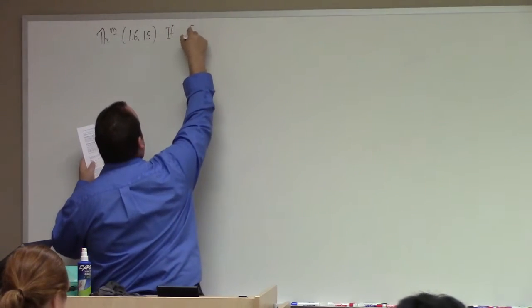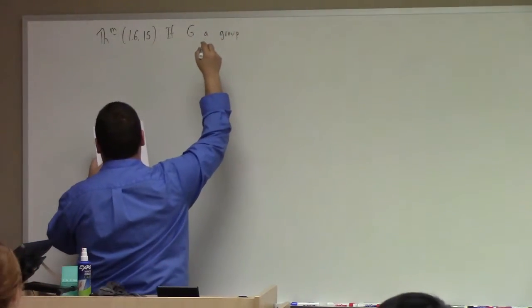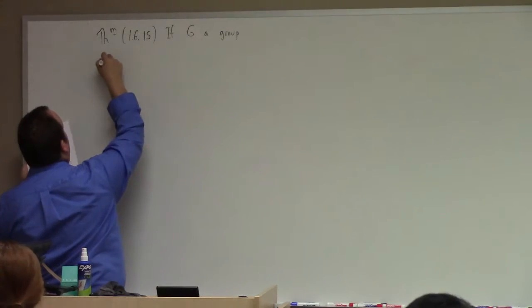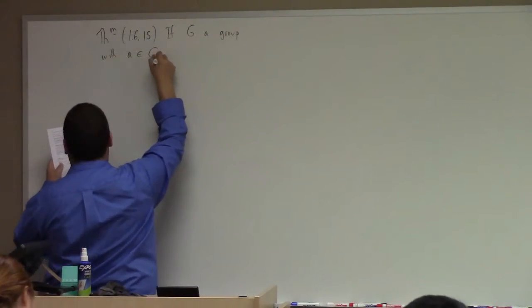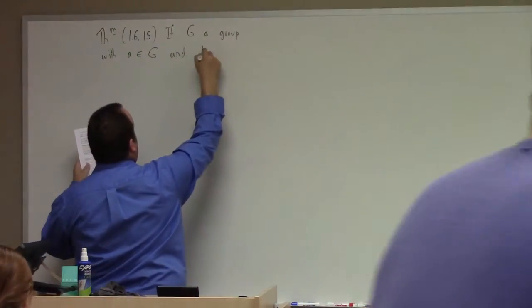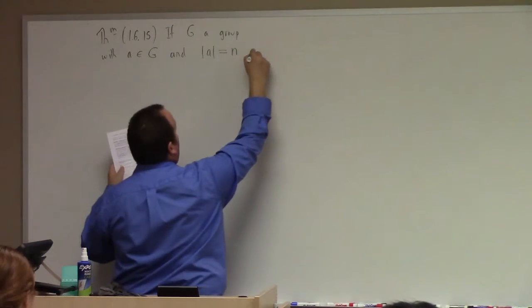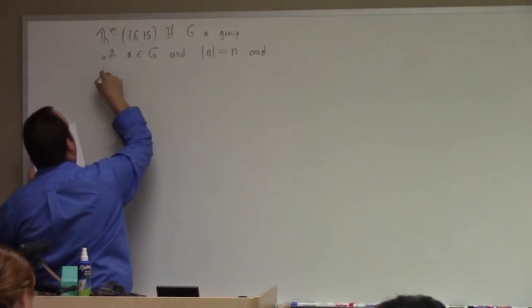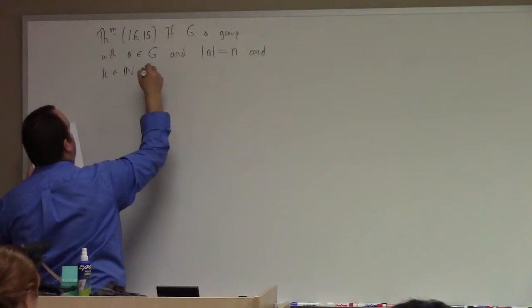If G is a group, with a in G, and the order of a is equal to n, and k is a positive integer, then